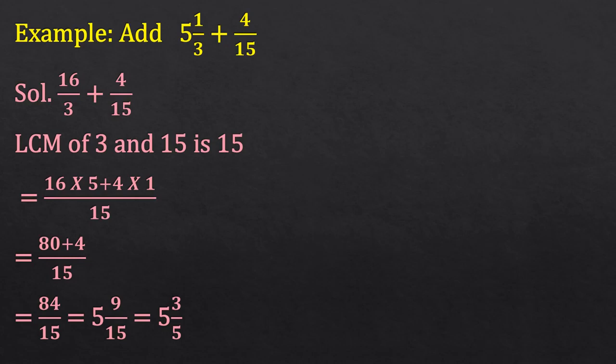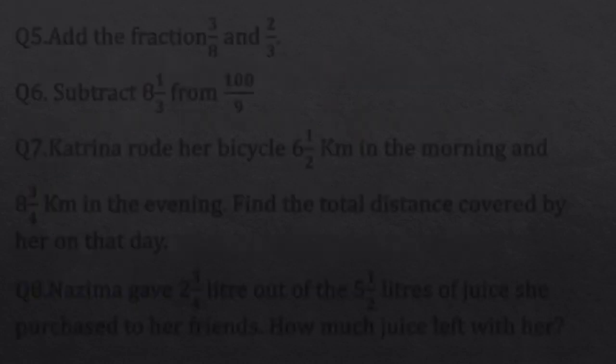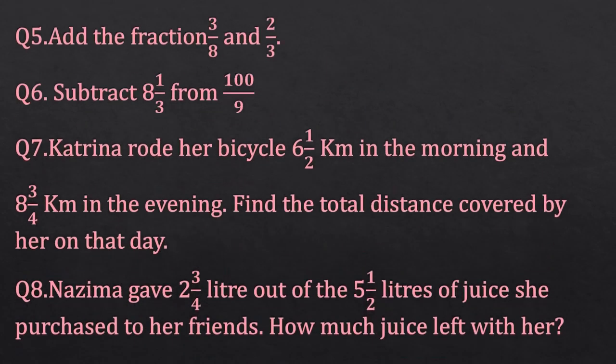Okay, now the case is addition of unlike fractions, so we will make them equivalent like fractions by taking the LCM. LCM of 3 and 15 is 15. Take it as the common denominator, 15. Now divide 15 by the denominator of the first fraction, that is 3. 3 fives are 15. Multiply 5 by 16.